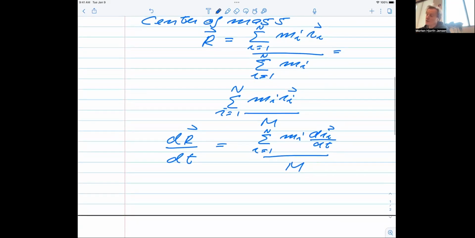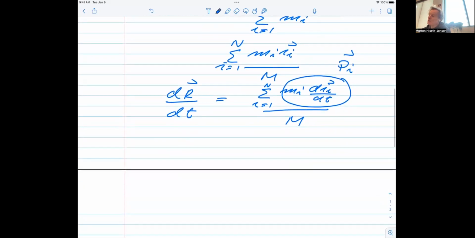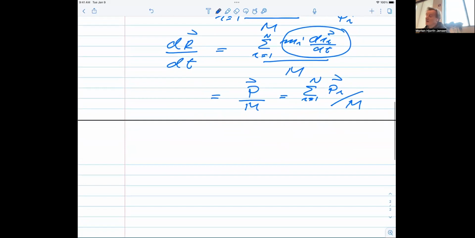And we know that this quantity is nothing but the velocity times the mass, so this is the linear momentum for this specific object i. When we sum over all the linear momenta, this becomes simply the total linear momentum divided by the total mass, which is the sum from i equal to 1 up to n of P_i divided by the total mass. And then clearly, if this dP